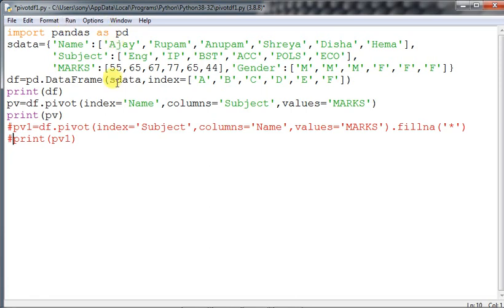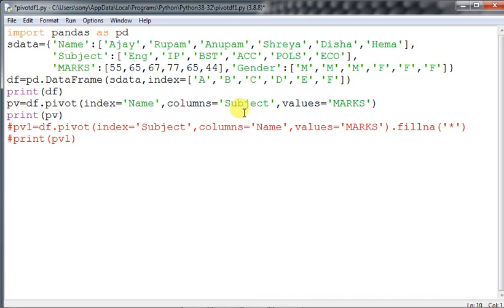Pivot has, first of all, index. The index specified creates the index of the new data frame, and it is a column name from the original table. So name is a column name from the original table. Columns creates the columns of the new data frame, which are names of columns of the original table. So we have taken subject here.